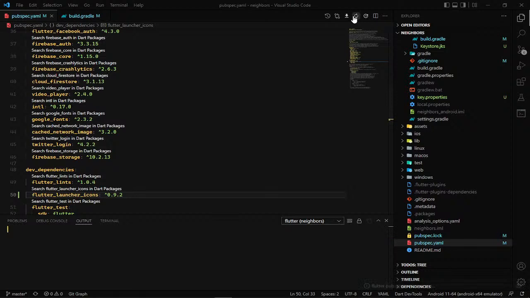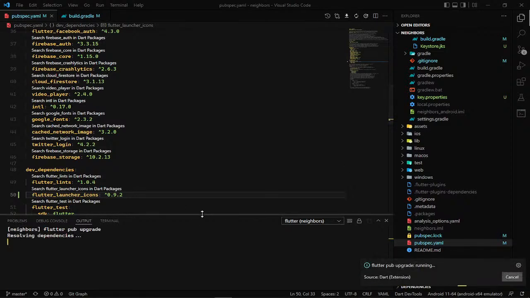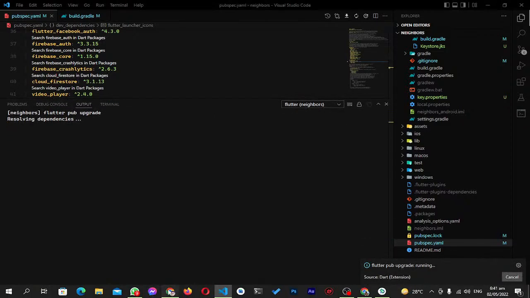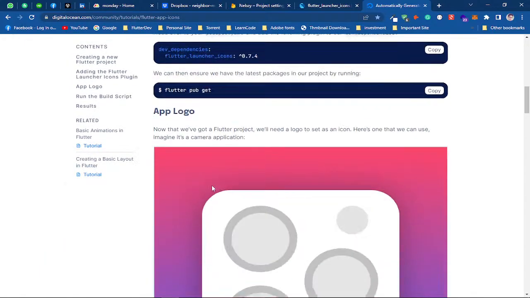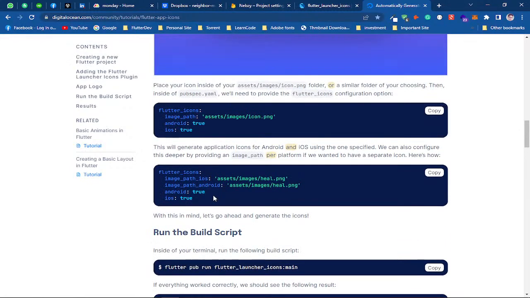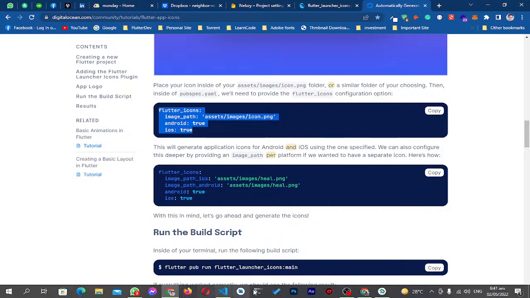Okay, so it's completed. Let's see, is there any new dependency available or not. And now what we need to do, we need to change our project icon. So I think we need this, but if you want to separate your icons for Android and for iOS, then you can use this. But as of now, the icon is the same for Android and iOS, so I will use